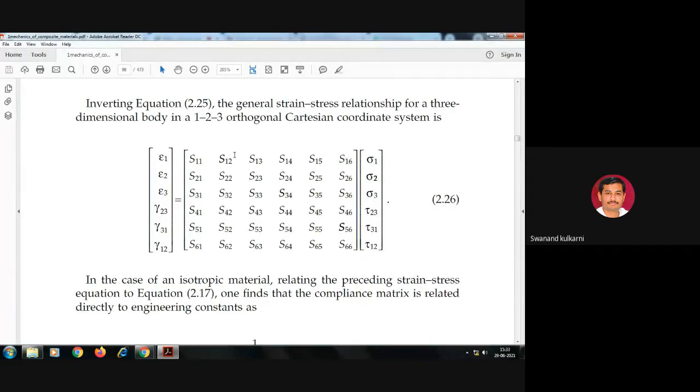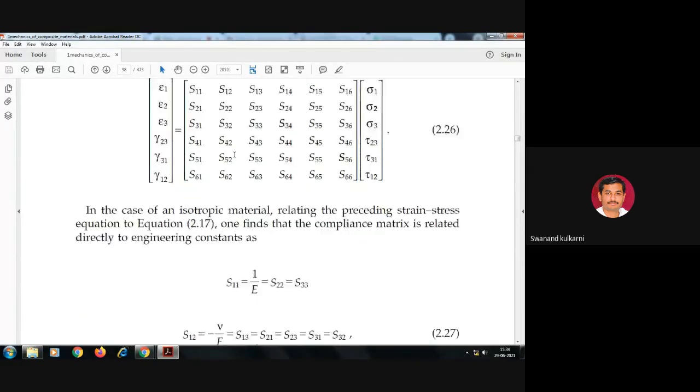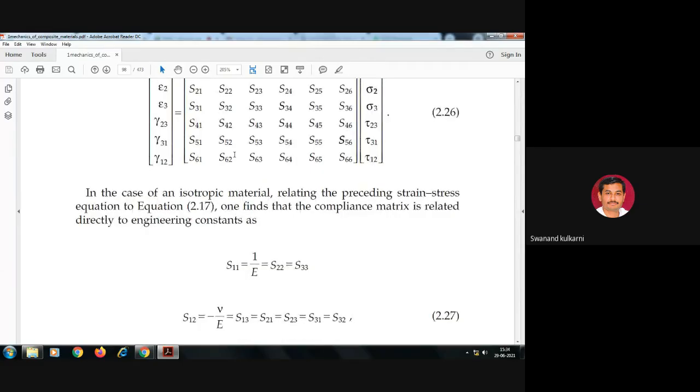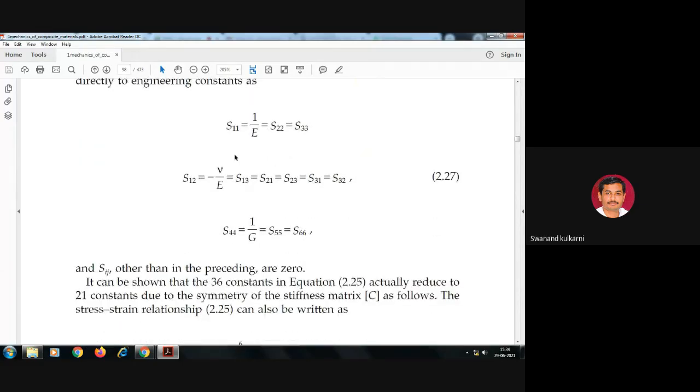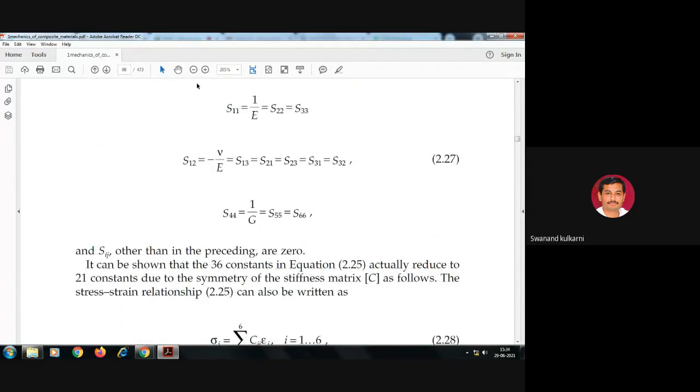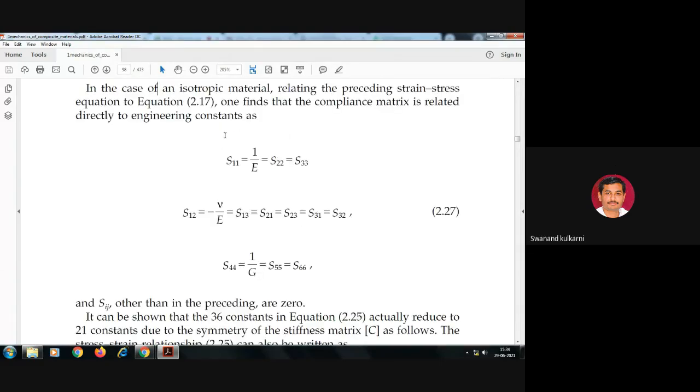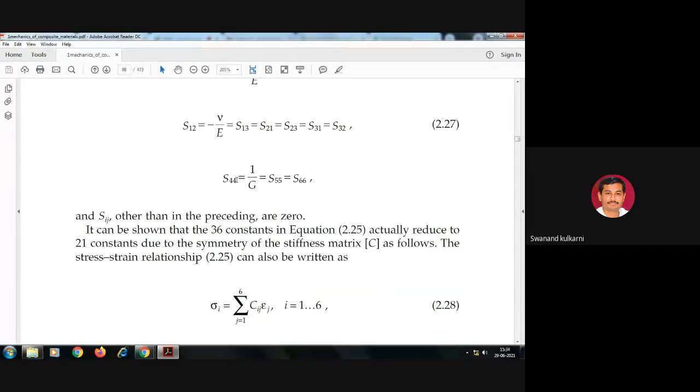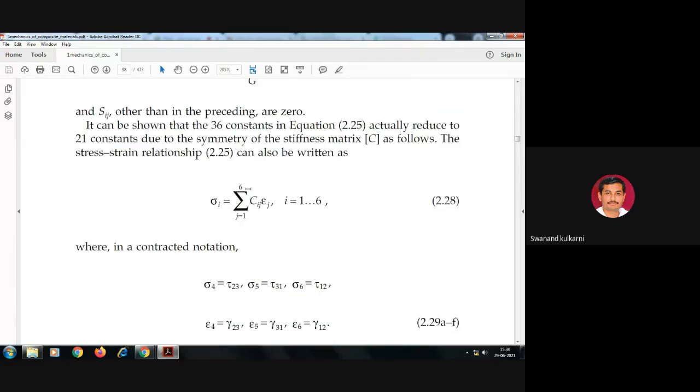We know now the compliance and stiffness matrix and how these are related with each other and how to identify them. During the last lecture we also saw how to identify these elements of the compliance matrix. S11 is an element of the compliance matrix. S12 is an element of the compliance matrix. Likewise, S44 is an element of the compliance matrix. Like this,